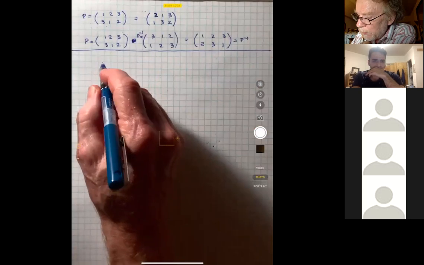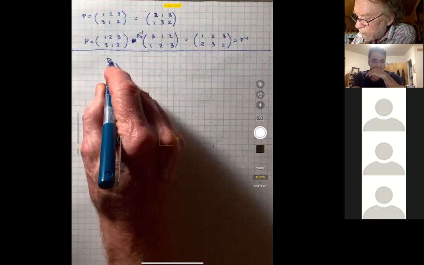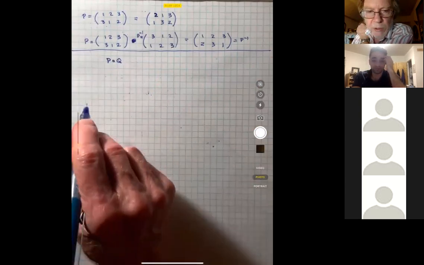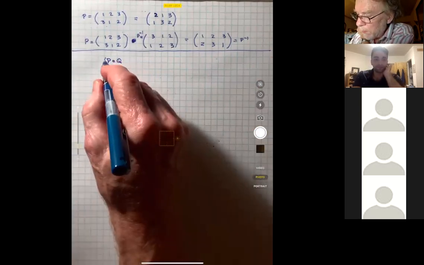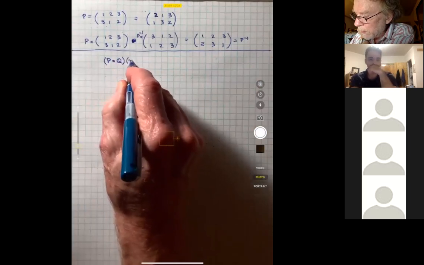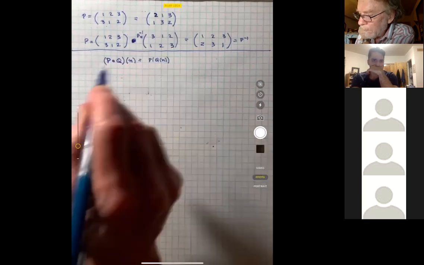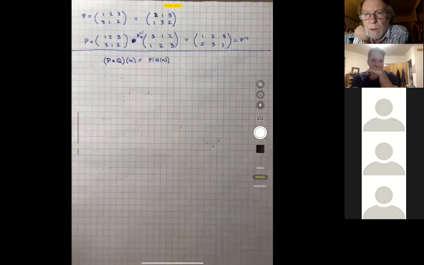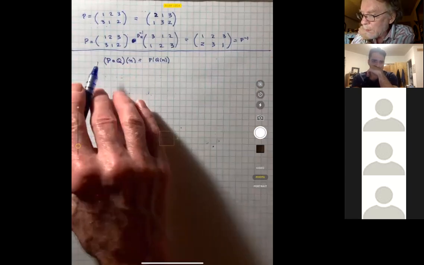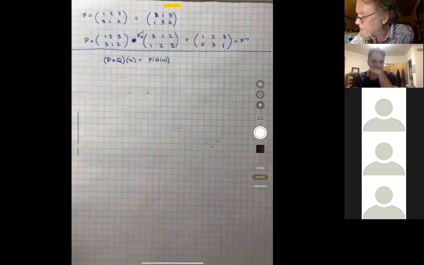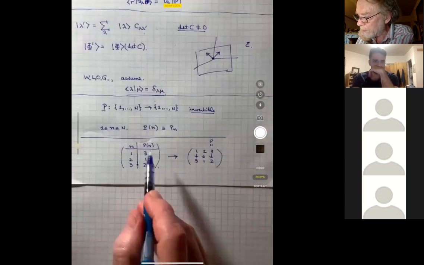By the way, permutations can be multiplied. If P and Q are two permutations, then the product of P with Q is just the composition of the functions. So P composed with Q as a function of n just means P of Q of n. That's all it means. Composition of functions is automatically associative, so the multiplication rule is associative. It's not, however, commutative. In any case, the set of permutations, of which there are n factorial, because there are n factorial ways of rearranging the numbers,